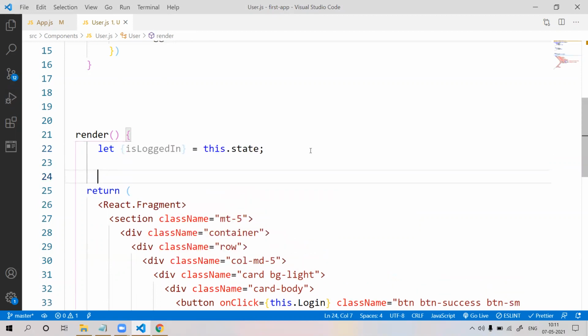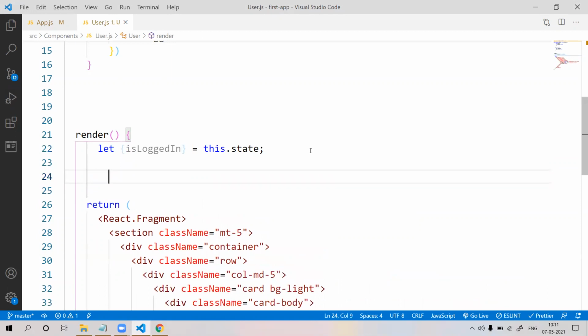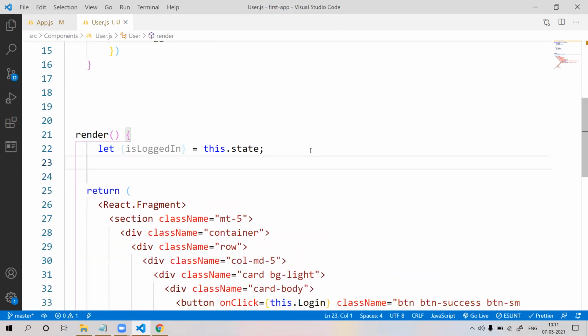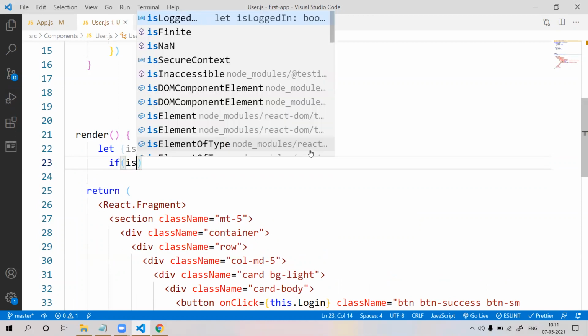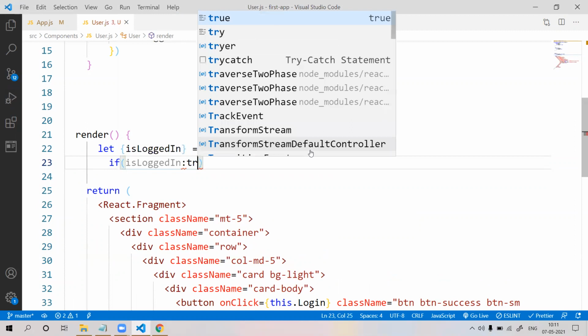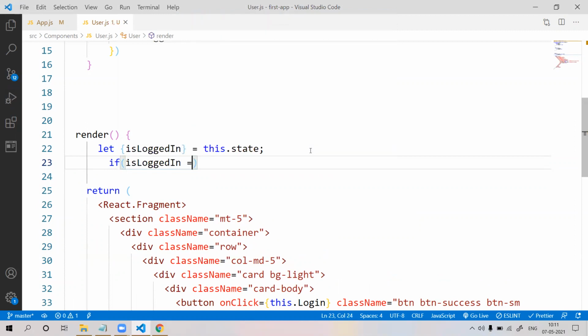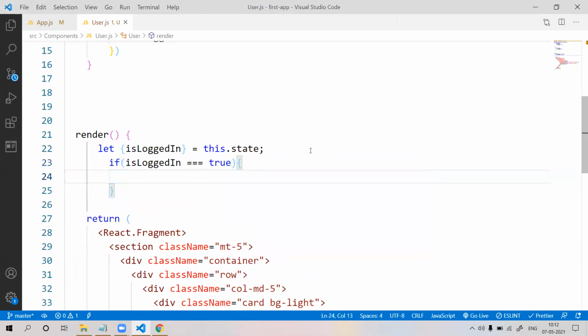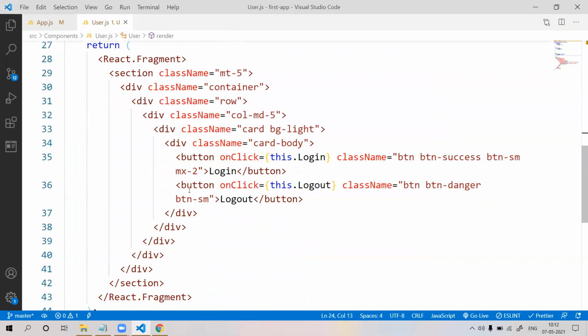Below this we can make some condition like if isLoggedIn will be equal to true, then display the log out button.